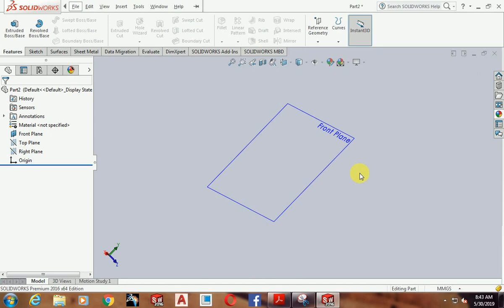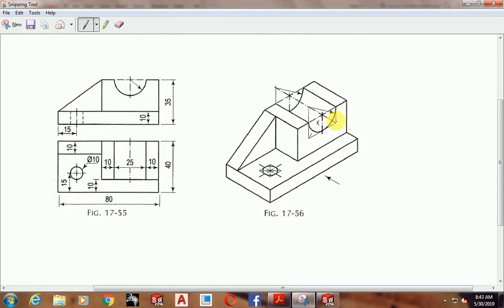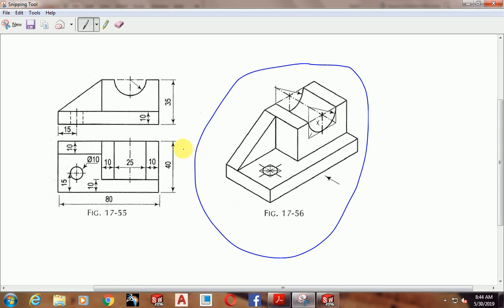So let's start. This one is the first exercise of orthographic projection. From this video onwards, we will learn how to read a 2D mechanical drawing, and from that how to make our models. This one we have is orthographic projection, and this